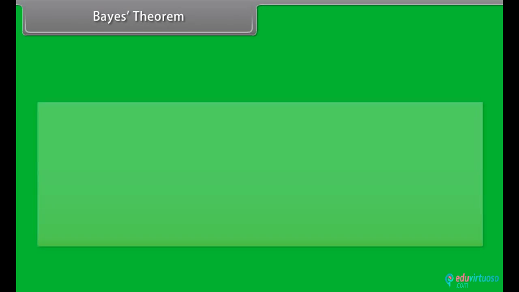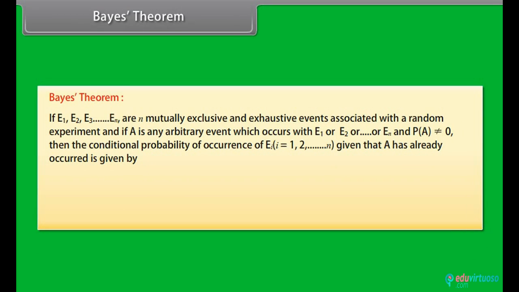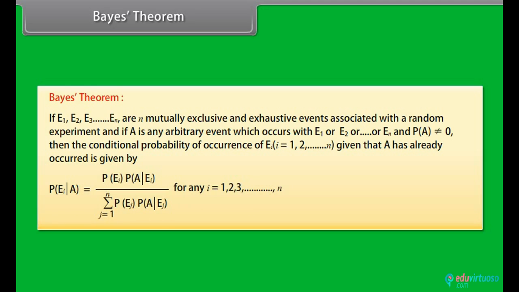Bayes theorem. If E1, E2, E3 up to En are n mutually exclusive and exhaustive events associated with a random experiment, and if A is any arbitrary event which occurs with E1 or E2 or up to En, and probability of event A is not equal to 0, then the conditional probability of occurrence of Ei for i equal to 1, 2, up to n, given that A has already occurred, is given by